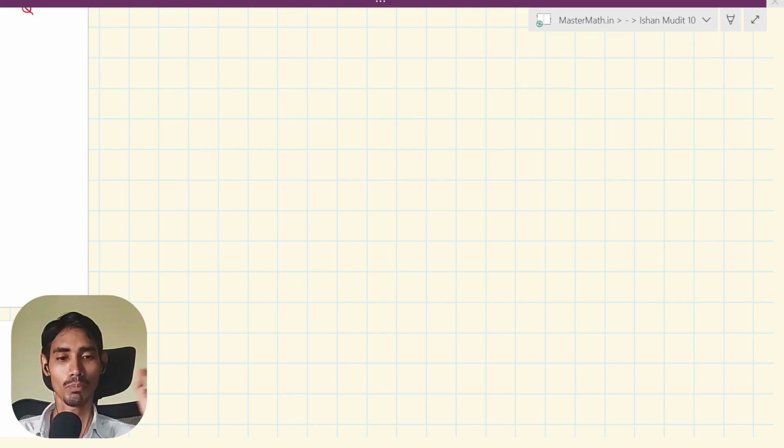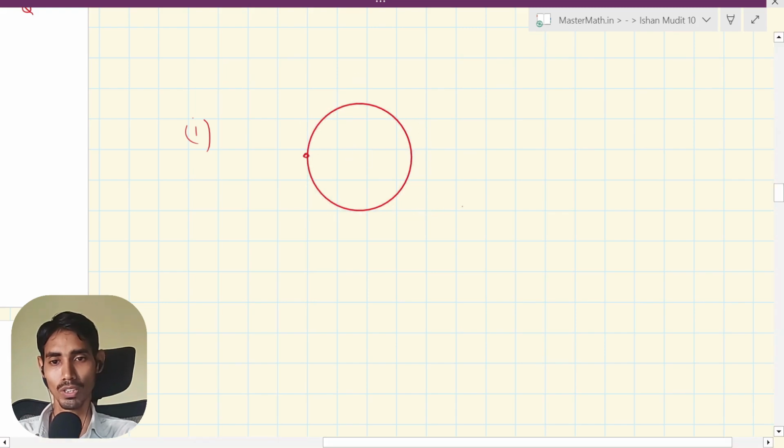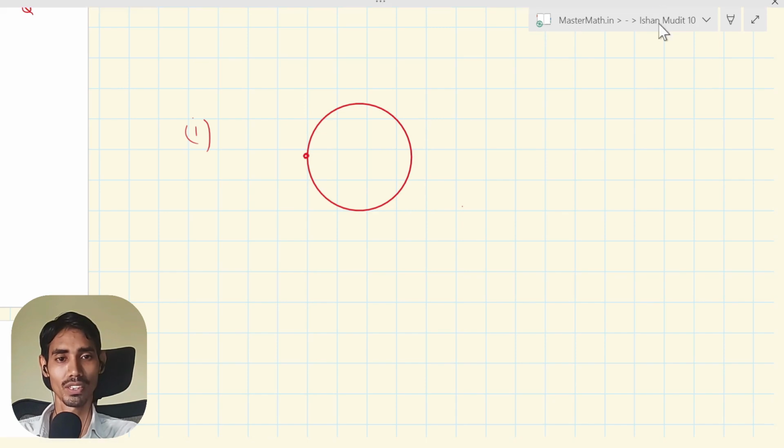So depending on where the point is, we need to check how many tangents we could get to the circle. First thing, we had three options. We will start with on the circle. So if the point is on the circle, and if we have it